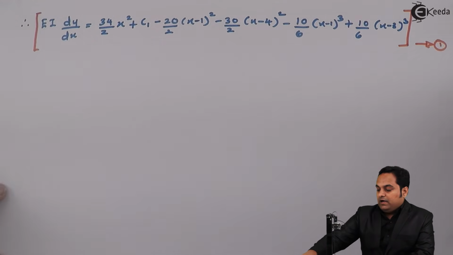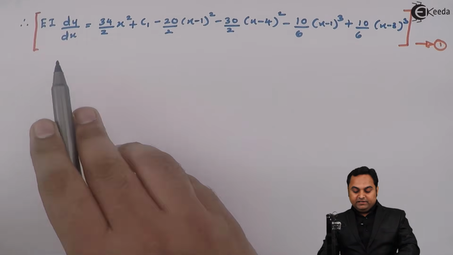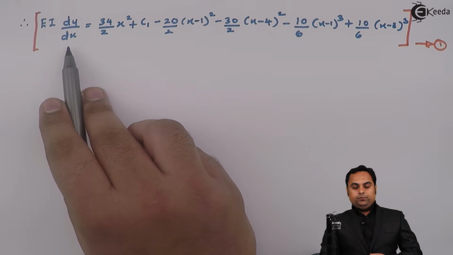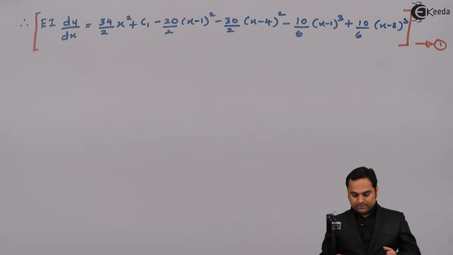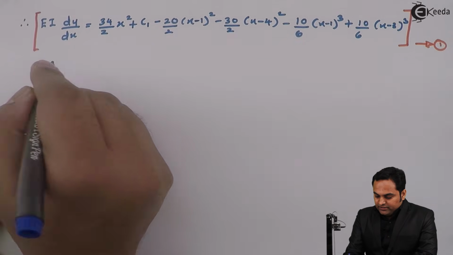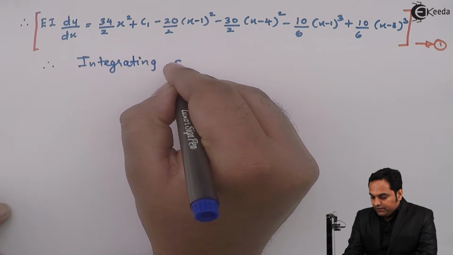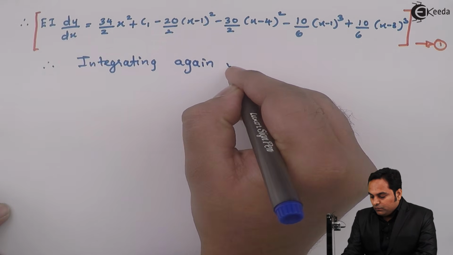Now I have integrated once and I have got this equation. Here we have dy by dx. This is called as the slope, and from this we will get the slope equation. Now I will integrate again the slope equation. Therefore integrating again we get,